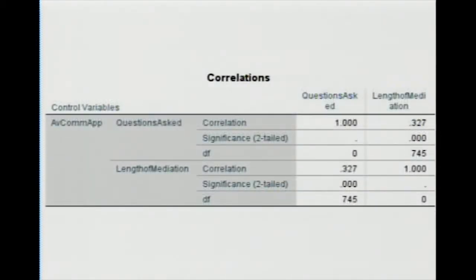Now this next example is an example of a partial correlation. And we call it a partial correlation because this is the type of correlation where we might, as a researcher, be interested in a relationship, but we might suspect that there's something that is causing a change in the relationship. So let's take a look at what this might be thinking about.